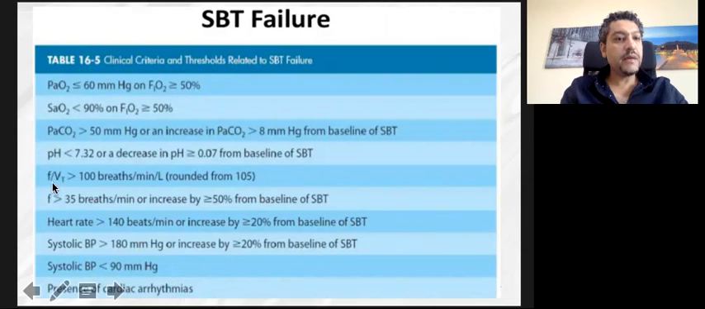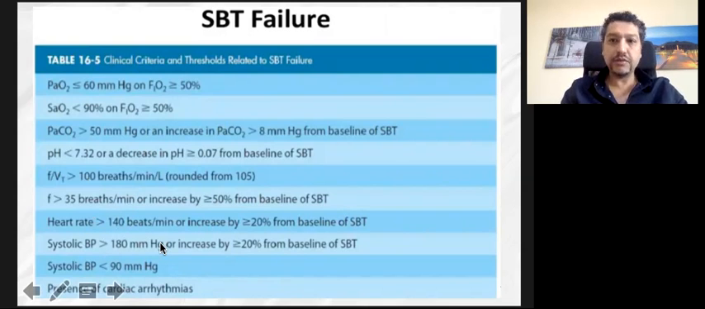When you have a frequency over tidal volume, we talked about it, the rapid shallow breathing index, more than 100 or 105, that also portends failure of the weaning. When the respiratory rate is more than 35 breaths per minute, when the heart rate is very high or